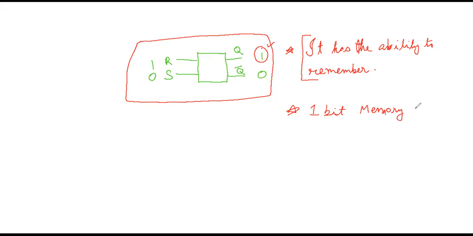So once you have learned 1 bit memory, put 8 bits together and you can say this is 1 byte memory. Then put 1024 bytes together and you can say, okay sir, it's 1 KB, kilobyte memory. Put 1024 kilobytes together and you will say, sir, this is 1 MB memory. Put 1024 MB together and it will be 1 gigabyte memory. Put 1024 of that and you will say, sir, this is 1 TB memory.